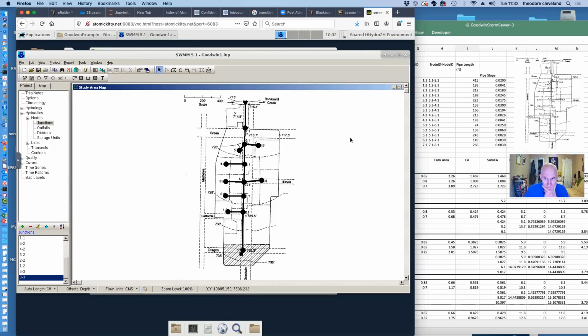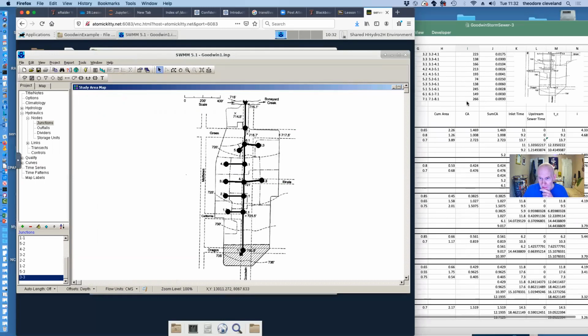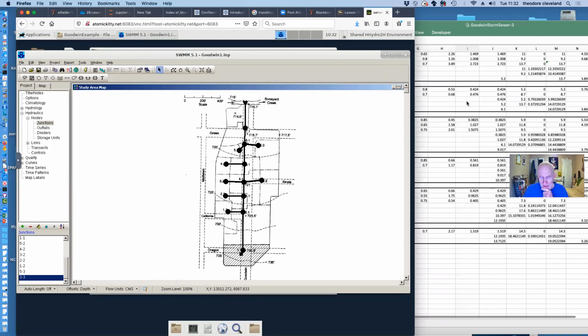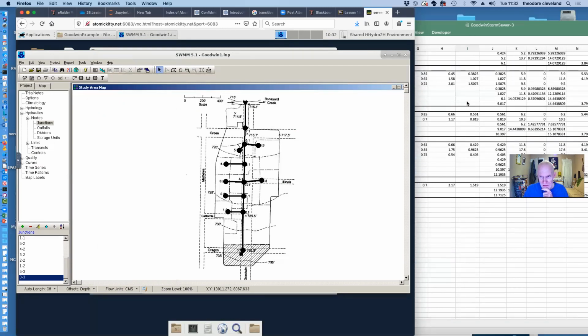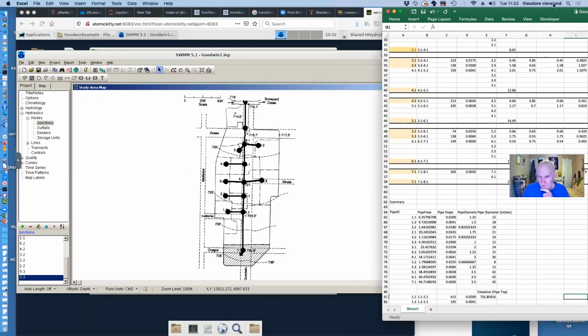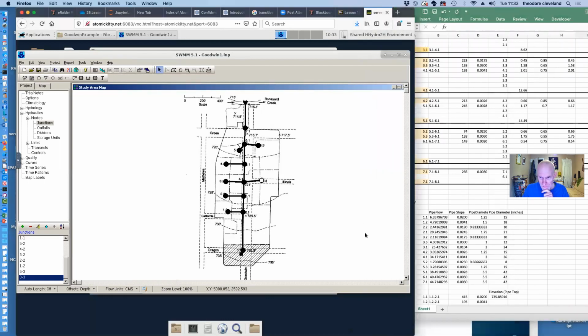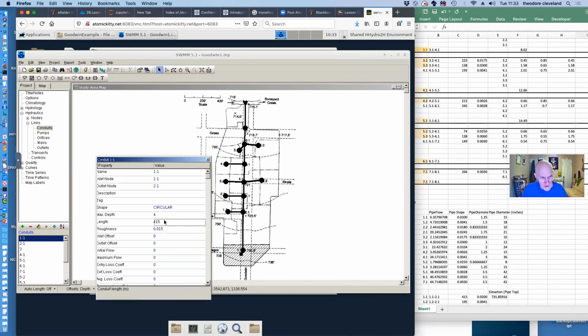Okay, so we've got the pipes laid out in terms of their lengths. We've got the elevations, pretty good guesses. What we don't have is the pipe diameters entered correctly. We could do that by going back to our diagram down here, and we'll have to manually go ahead and start putting in the diameter. So pipe 1-1 is a 1.25